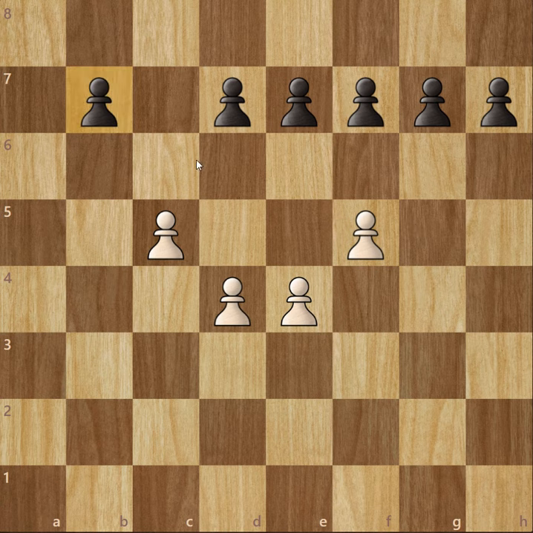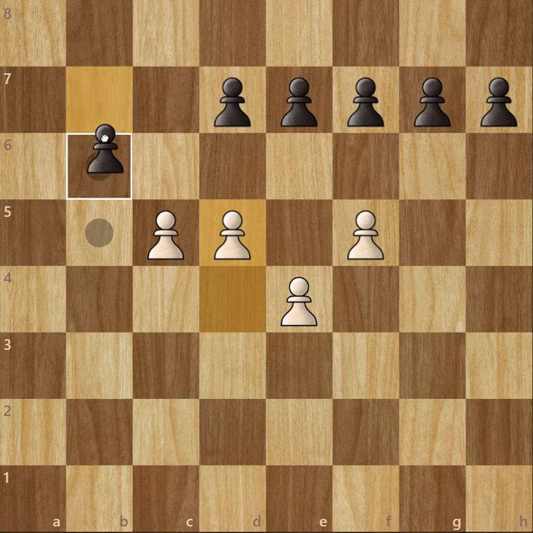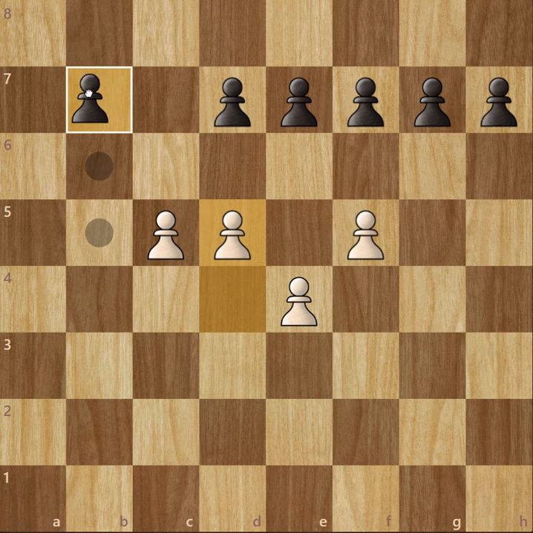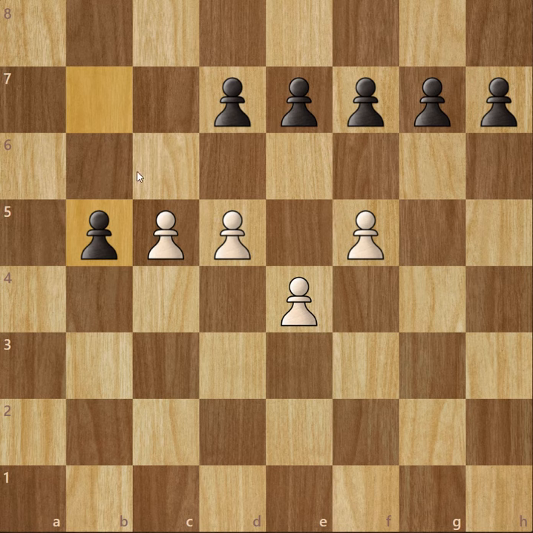It's white's turn first. So white decides to play this. Then black decides, why not, let's just prevent some capturing and escape like this with this special double pawn move. So what happens in such a case?